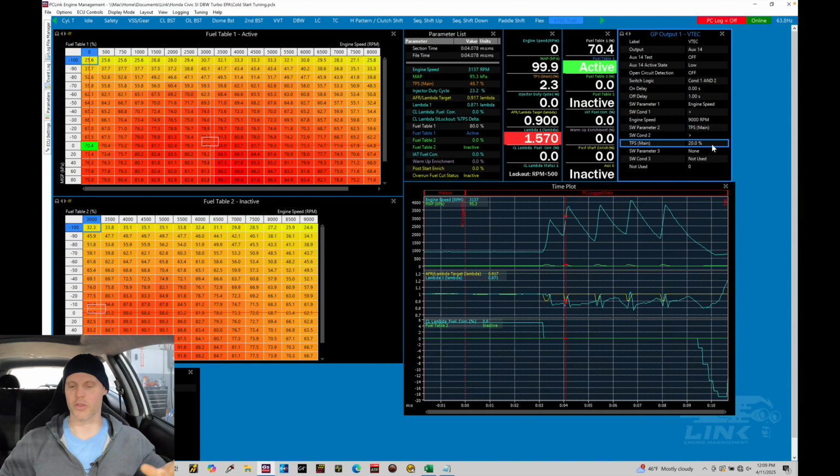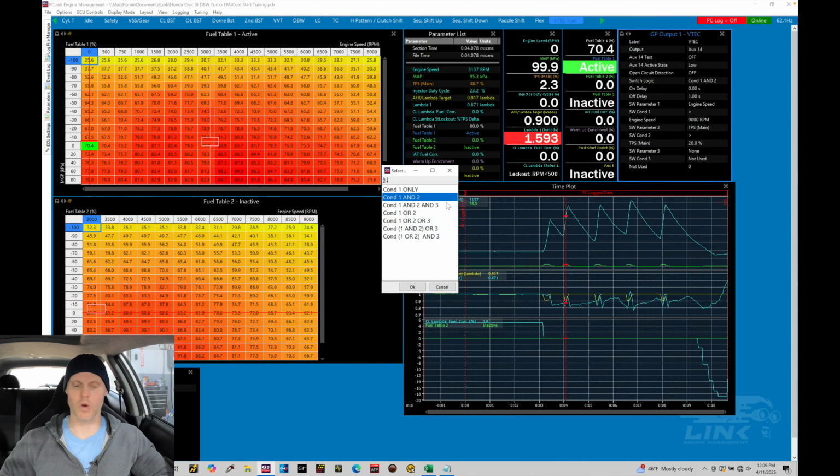Now we could actually add a 3rd condition and have to meet all 3 conditions in order for it to turn on. We could do this based on manifold pressure being at least 100 kPa. I'll probably do that for right now. So let's say condition 1, 2, and 3. Now we have other options. There's condition or, so the condition would be 1 or 2, 1 or 2 or 3, or there's condition 1 and 2 or 3. So we can get a little bit technical with the way we want something to turn on for an output